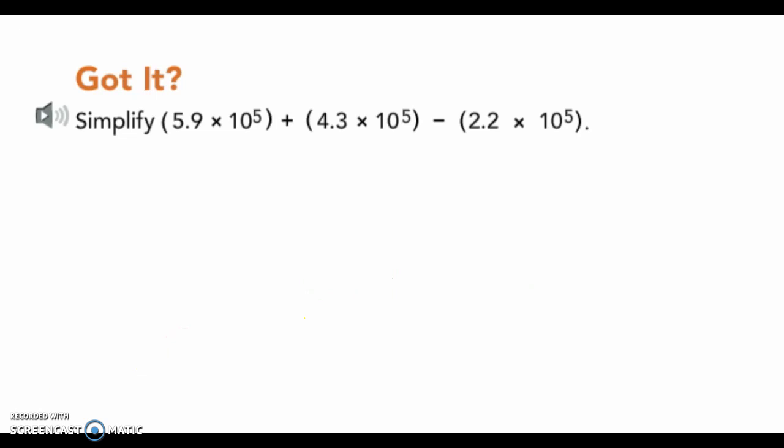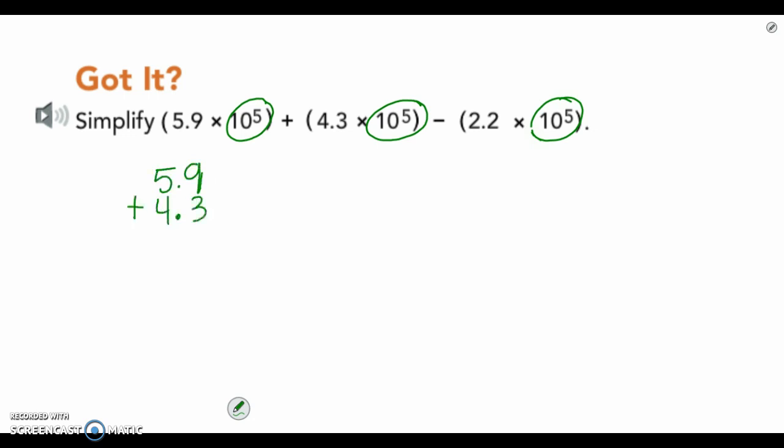All right, look at example number 1 in your notes. We're going to simplify 5.9 times 10 to the 5th power plus 4.3 times 10 to the 5th power minus 2.2 times 10 to the 5th power. As we can see here, all of these have the exponent of 5. So our power of 10 has the same exponent. Therefore, we can add and subtract our first factors. So we're going to start by adding 5.9